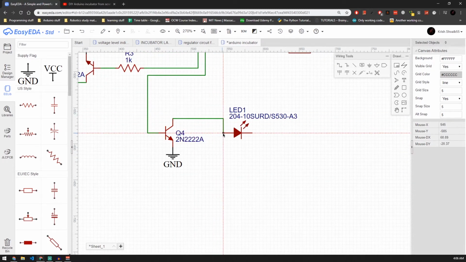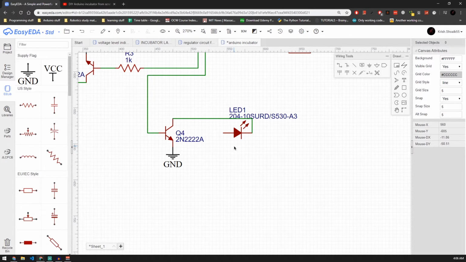So connect this here to the negative. Yes. Nope. Connects to the negative of this. So don't worry about the LED's orientation. We can just change it in the PCB if you get it wrong, okay? Just make sure that the ground goes to the emitter and the other ground goes here, so that we can